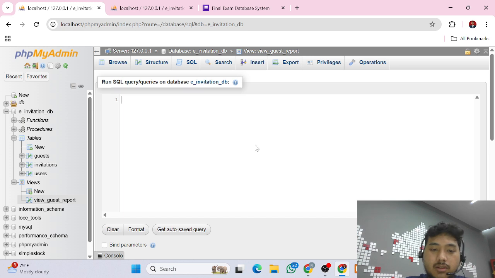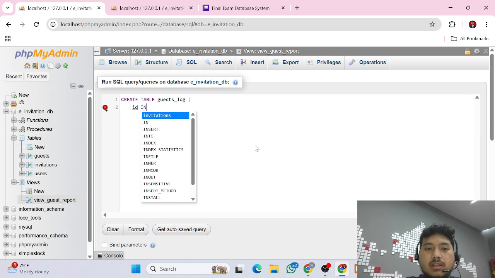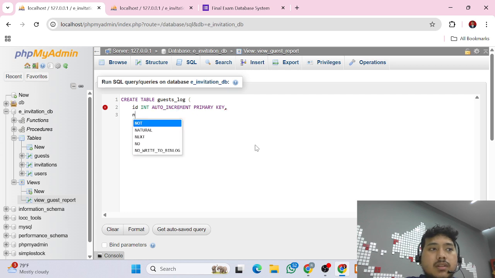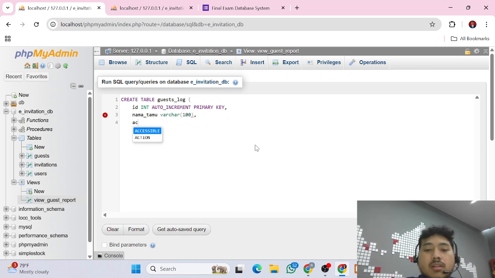Okay, so we will create a table, sorry, a new table, guest log, with ID integer auto increment primary key, nama tamu varchar 100, action varchar, also 100.